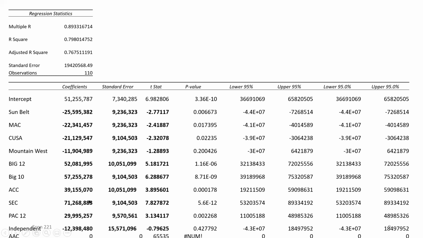I thought that would be the one, but we can see here, just being a Division I team in the NCAA, your predicted revenue would be about 51 million for your athletic department, right? So that's just being a Division I program, right? That's in the American Athletic Conference, right? Because if I think about this,